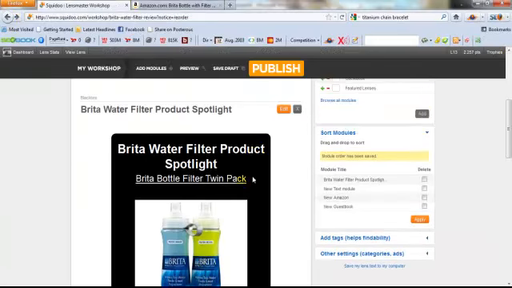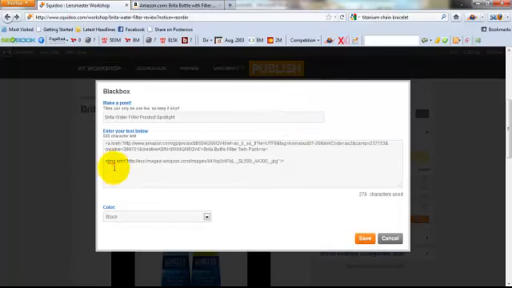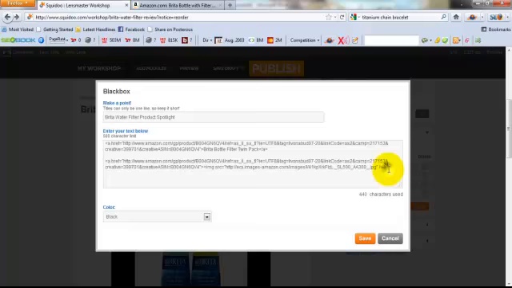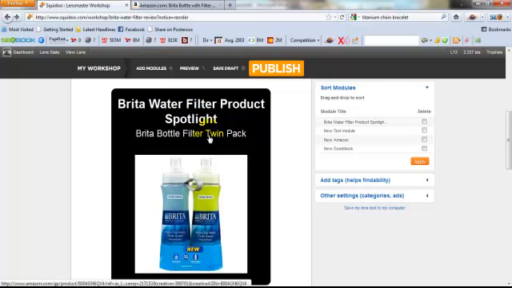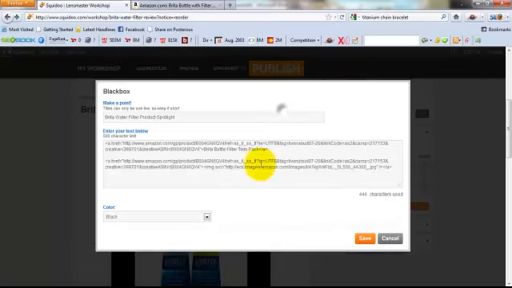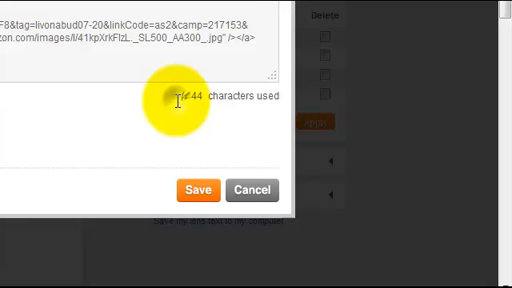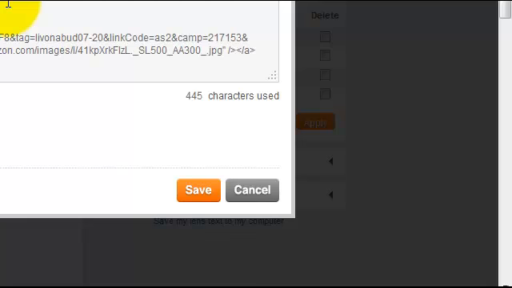Alright, and I can also link up that picture. All I have to do is put that same code right in front of that image, and at the very end here, I just close the tag off. So now I've got this picture linked, I've got this link here. And you can see it'll only let you use so many characters per module. So I'm not sure if it's going to let me do this, but sometimes what I will do is